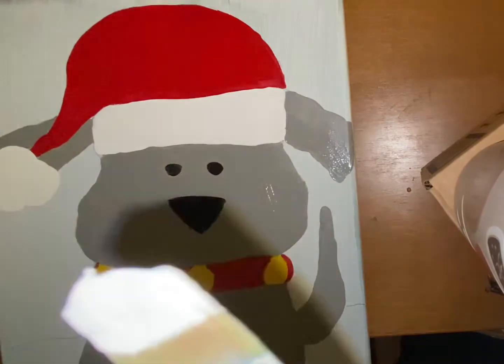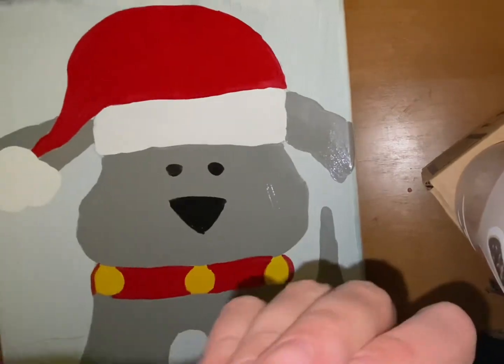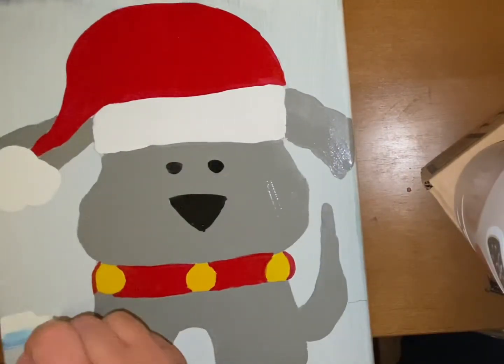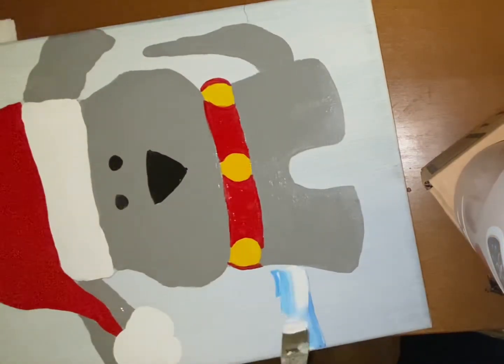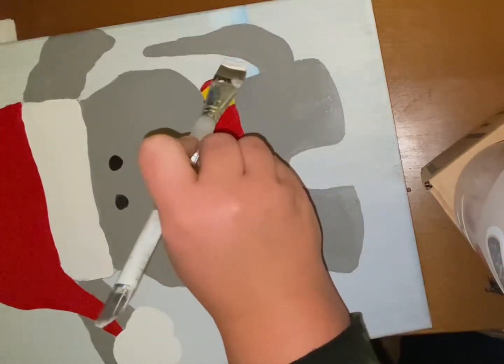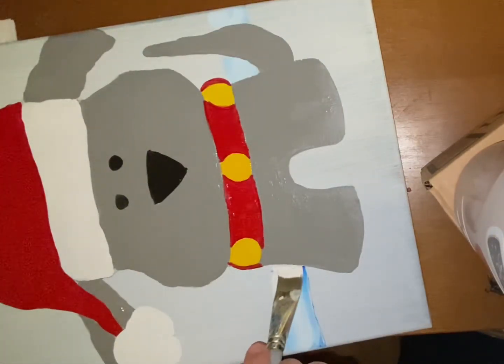So now we're going to start on the background, and the first thing we do is get white on our brush and then a very, very small amount of blue. You're going to start to paint in the same direction as the line, and you just want to use a tiny bit of blue and let your white paint blend in with it. And you're going to keep going up a little bit. Now you're going to pick up more white paint